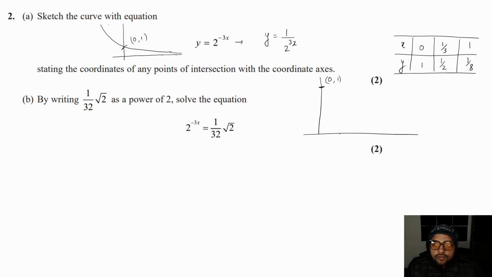So if I say that this is the 1, then this will be 1 by 3 somewhere here, and 1 by 2 will be this part in the middle. Similarly, for x equals to 1 and y equals to 1 by 8, we can see that this value is getting reduced when we are increasing the value of x. So somewhere here we can say,